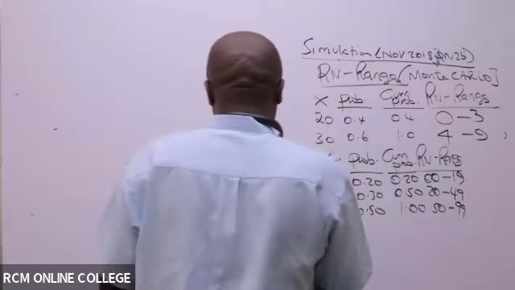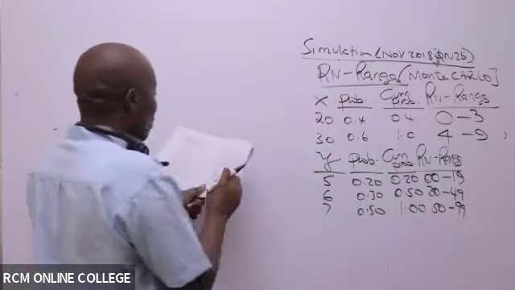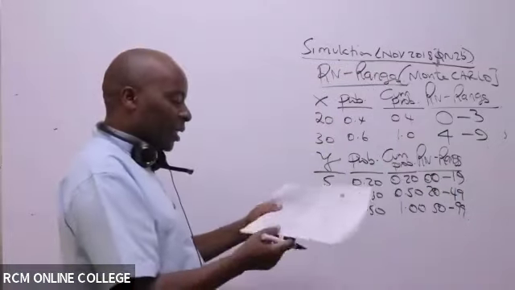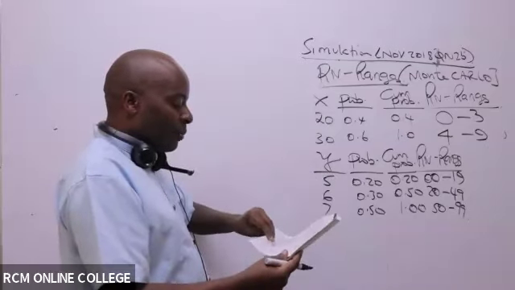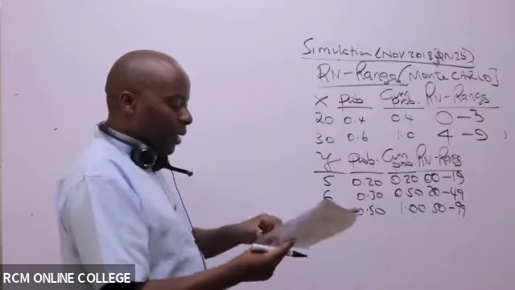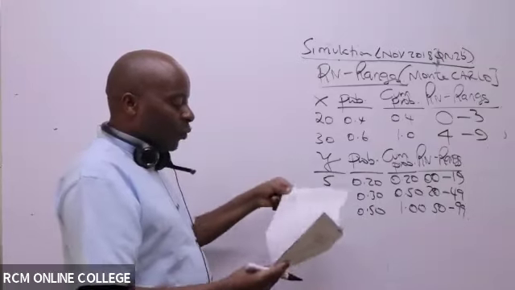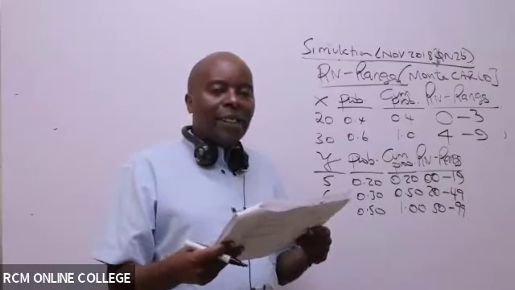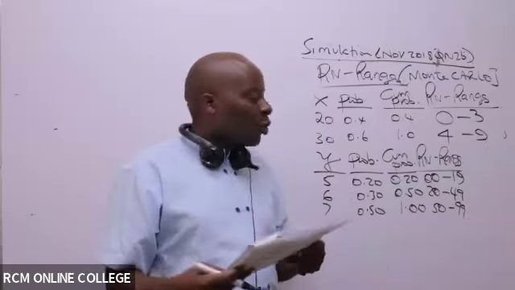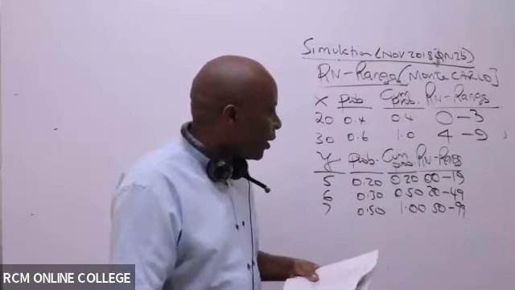So then, ladies and gentlemen, I will not do part A of this question because I've done part A in my last class. I would want to go straight away to part 2 of Roman B, where they want me to simulate. So the first thing that I should do,